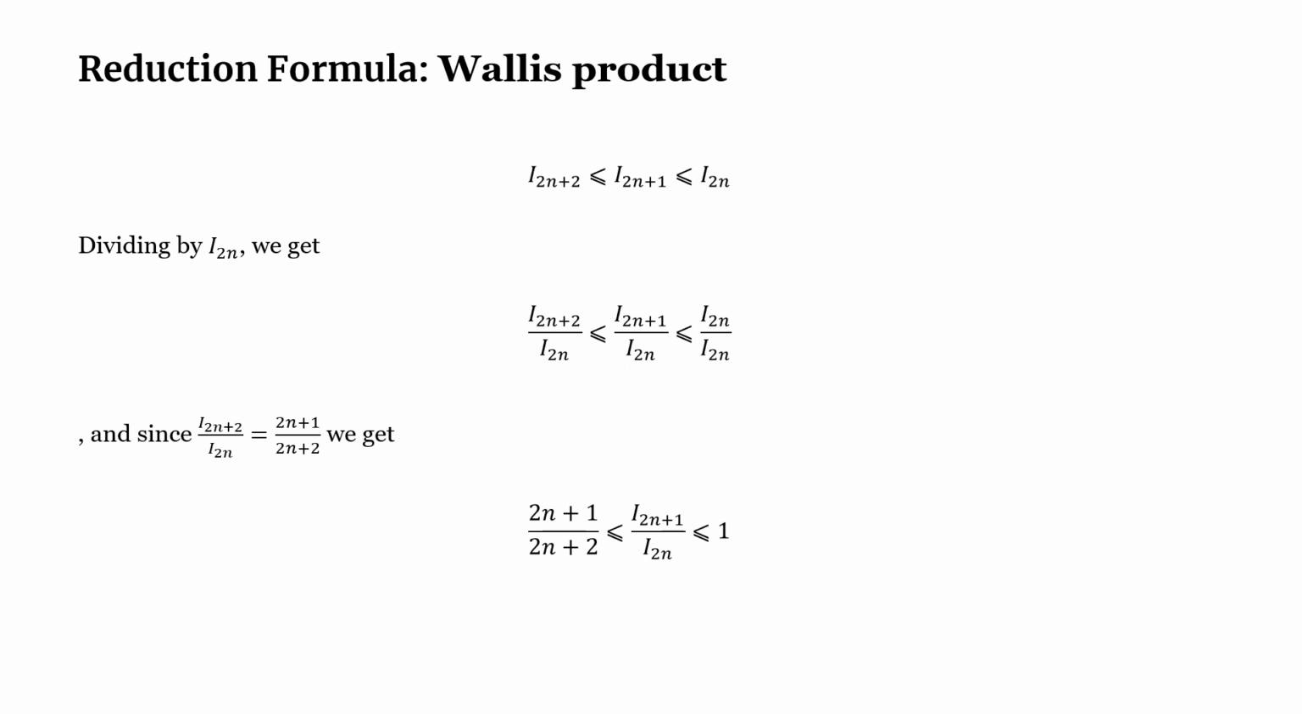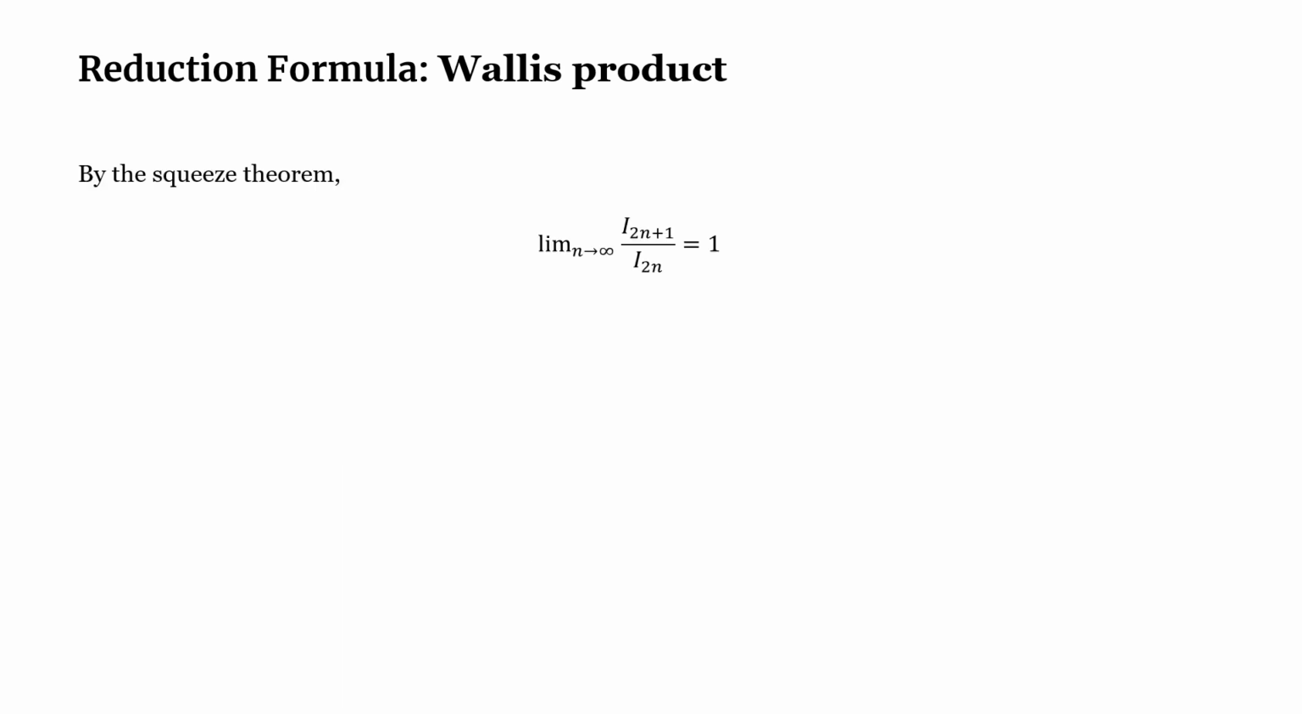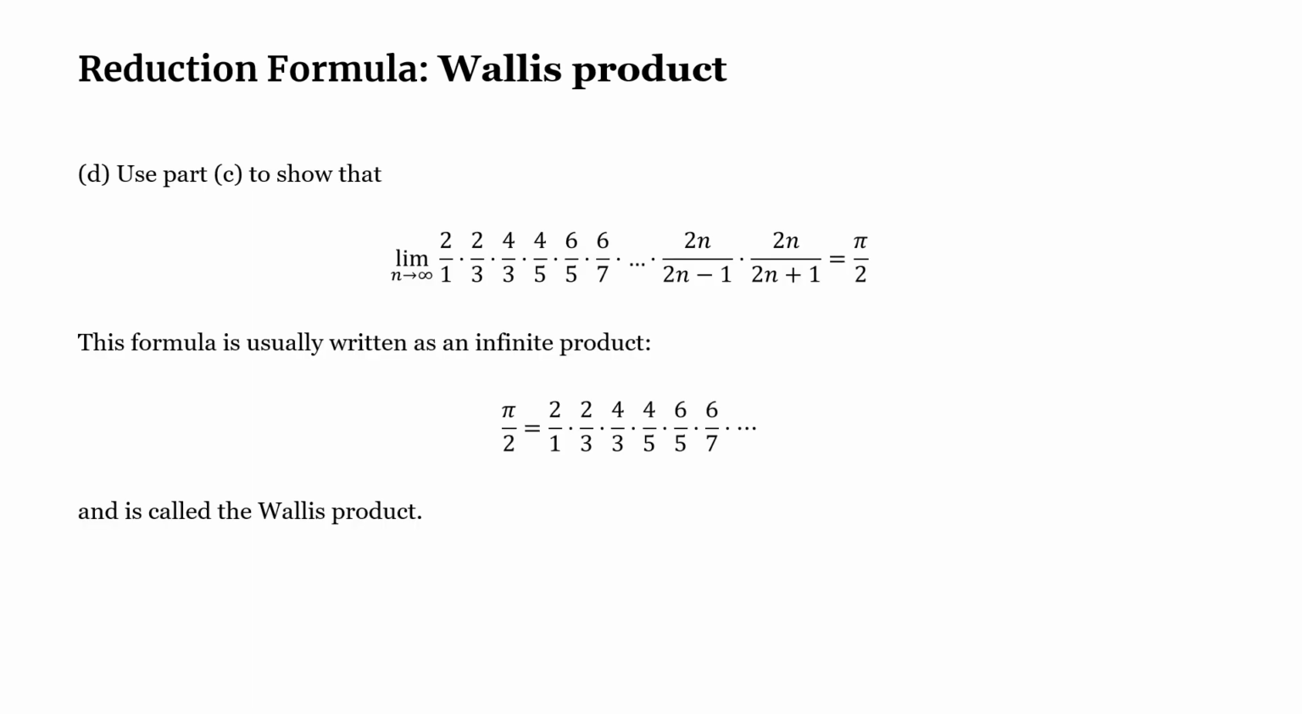And then what lovely thing can happen is actually applying the squeeze theorem and then realizing that the lower bound and upper bound, both of them will converge to 1. And hence by the squeeze theorem, whatever in between, the I2n plus 1 over I2n, will actually converge to 1. So that's great. Okay, let's have a look at the last part of the question